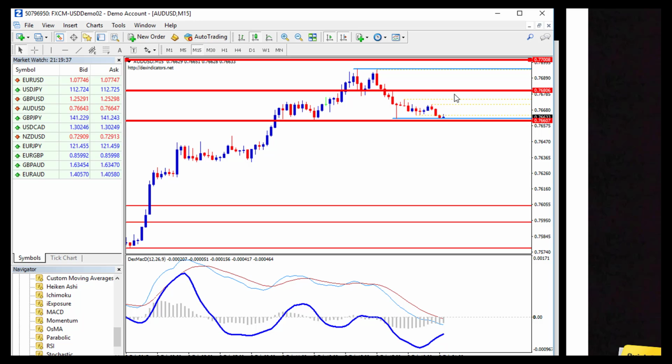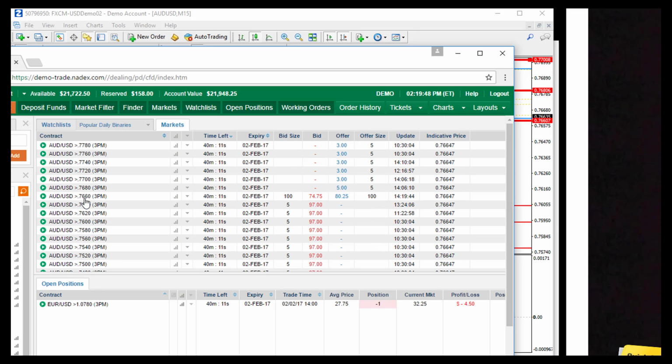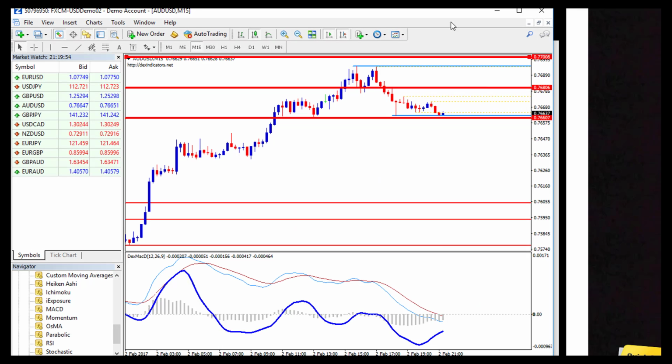Let's go and have a look. Maybe our target zone here is 7680 that we can go look over at Nadex and see. Let's go to the Audio USD. Let's go to 3 p.m. and 7680 right there. See, yeah, there's nothing in the cell that we could get to at this point, right? We could also look at the